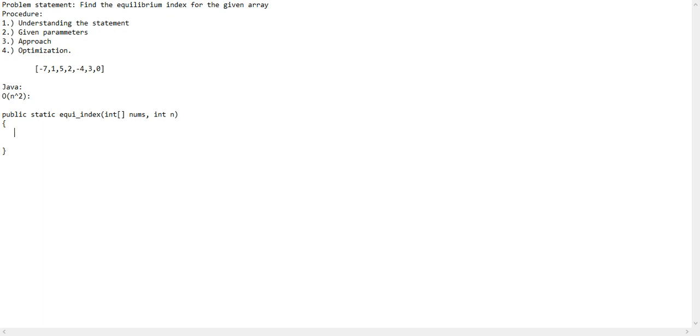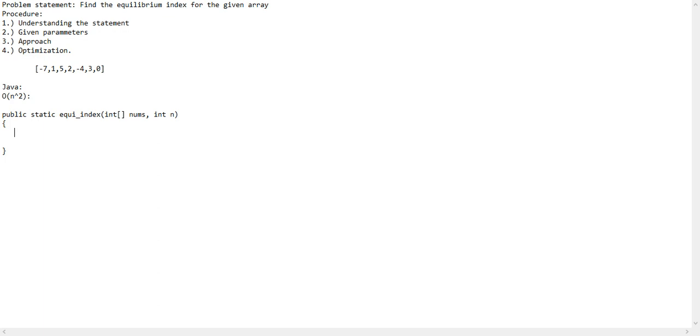This is an O of n square solution. O of n square means there would be a for loop inside a for loop, or a while loop inside a while loop, like a loop inside a loop. Whenever there is a loop inside a loop, it is of O of n square. If there are 3 nested loops, it is of O of n cube. If it is 4, then O of n to the 4. We don't go that far, because we want our optimized code to be at most O of n log n or O of n, and at the worst case we go for O of n square.